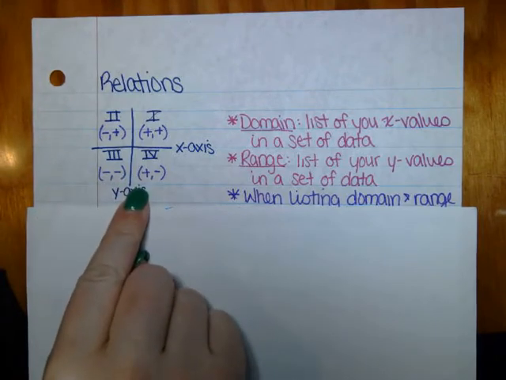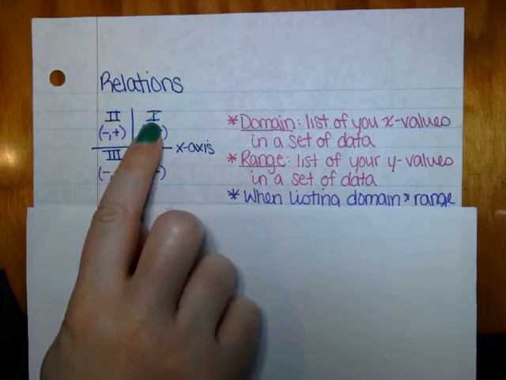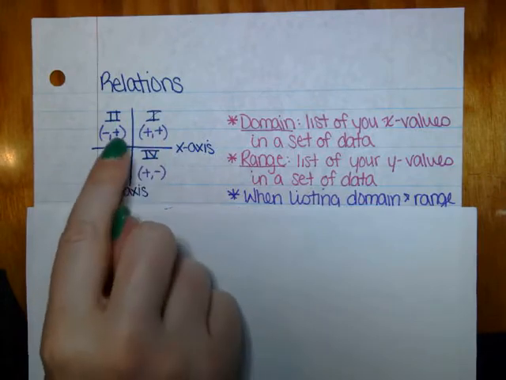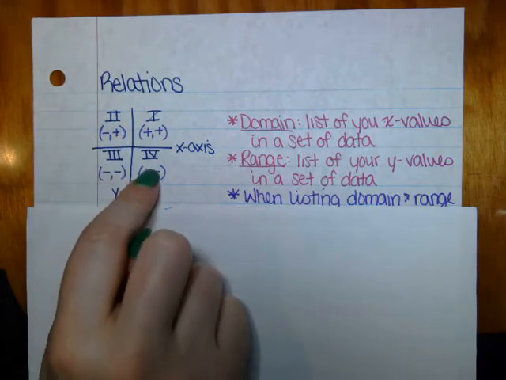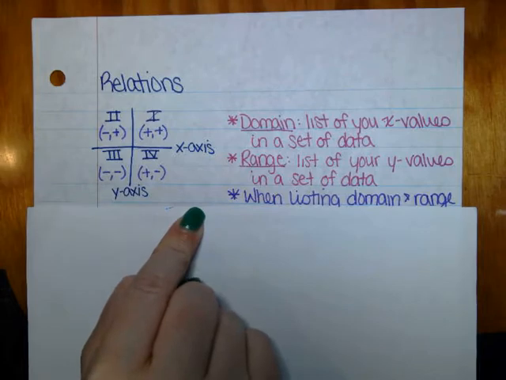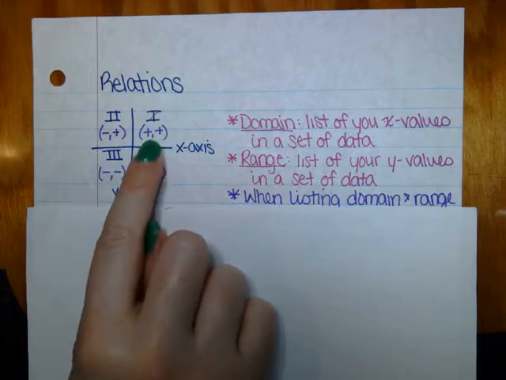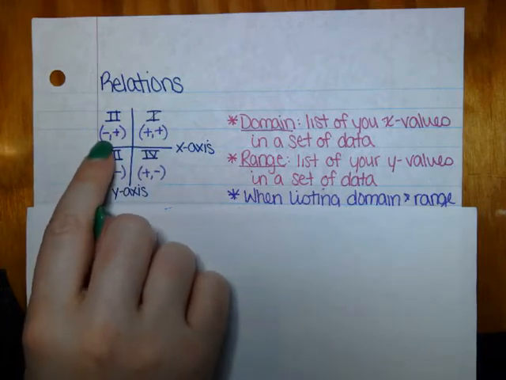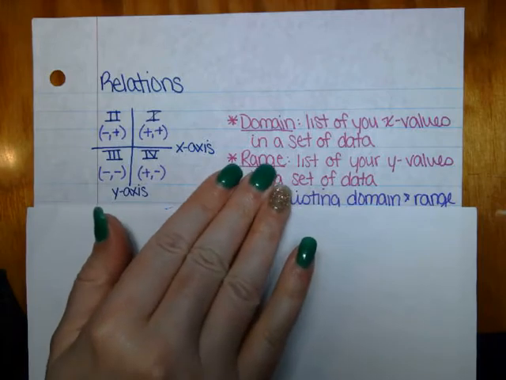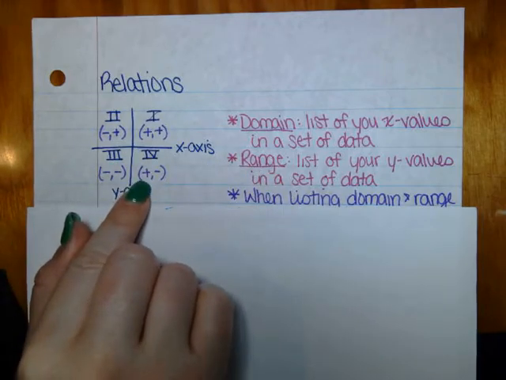Remember when we talk about the quadrants, you start with the top right. This is the first quadrant, and then you move counterclockwise. So 2, 3, 4. In the purple, you can see that it's talking about what the signs are going to be for those ordered pairs. So in quadrant 1, both the x and the y are going to have positive numbers. In quadrant 2, you're going to have a negative x and a positive y. In quadrant 3, you're going to have both negatives, and in quadrant 4, you're going to have a positive x